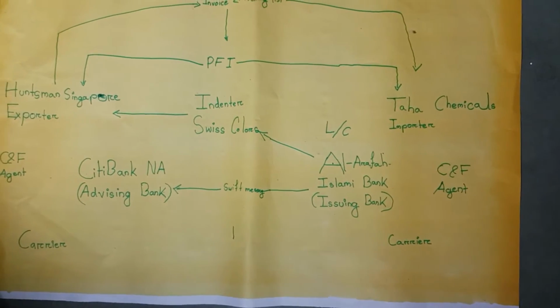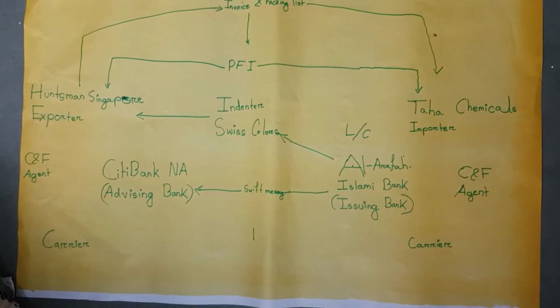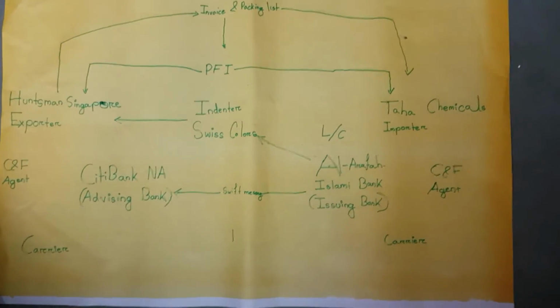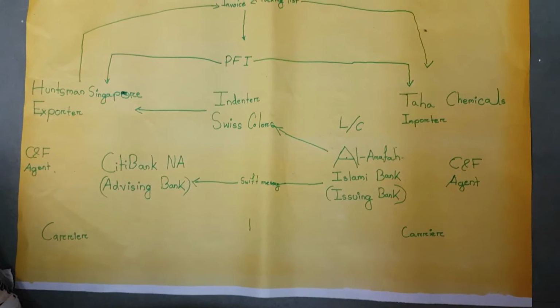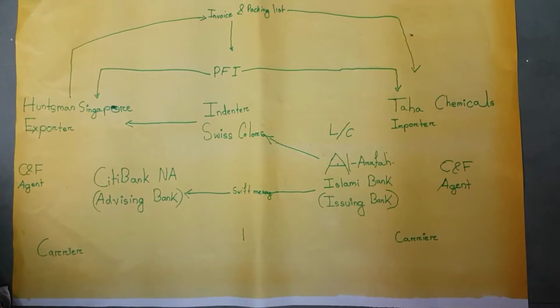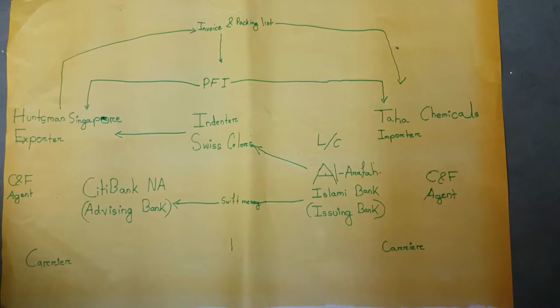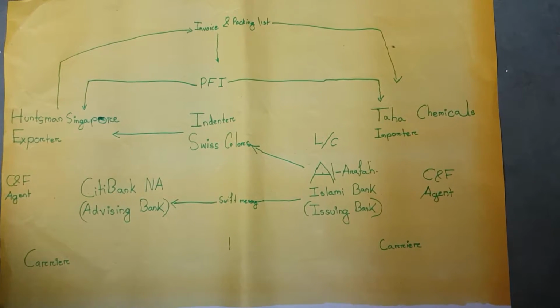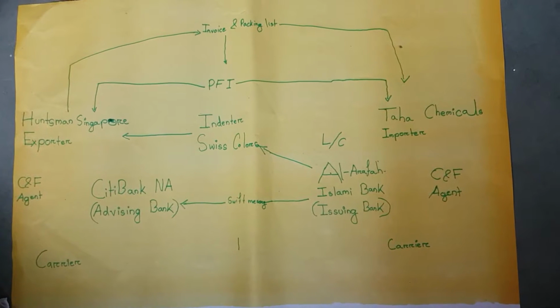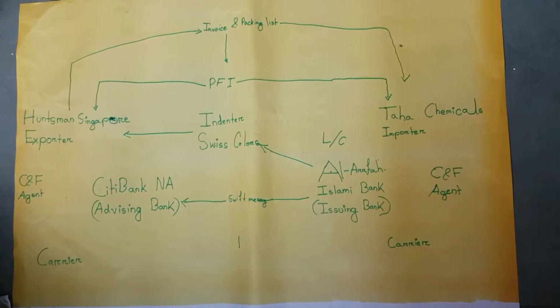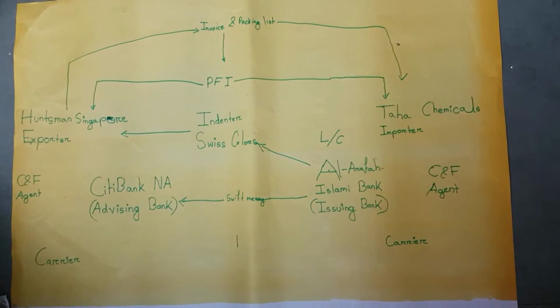As we have said before, Taha Chemicals have requested a partial shipment for this transaction process. The major amount of the transaction will be sent via ship, so the invoice will be sent in two parts. For the shipping by sea, the invoice will be sent first, and after that the invoice will be sent for the air shipment.